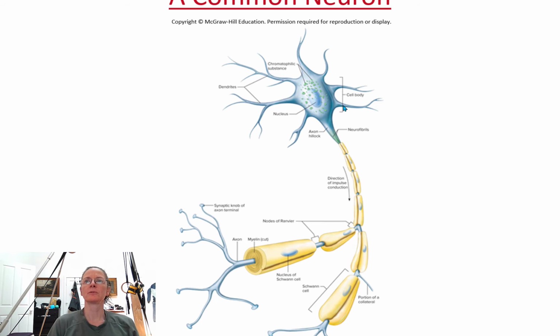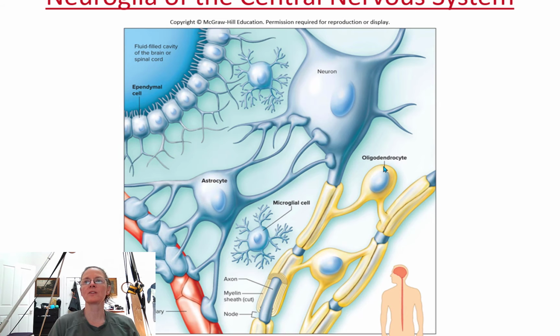If we look at the axon, some axons are what we call myelinated, and that's they're wrapped around by cell membrane of certain cells that provide this myelination, and that acts like insulation. And that allows the axon to conduct the action potential faster. So if we go back here, we can see that in the central nervous system, that myelin is provided by